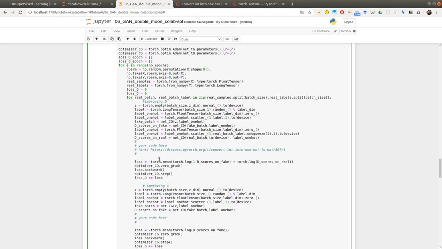I did not modify the loss part here because I'm exactly in the same framework as for the initial GAN. The discriminator and the generator are competing, but both of them have more additional information as input. So given by the label, in addition to the Gaussian vector for the generator and in addition to the position in the 2D space for the discriminator.